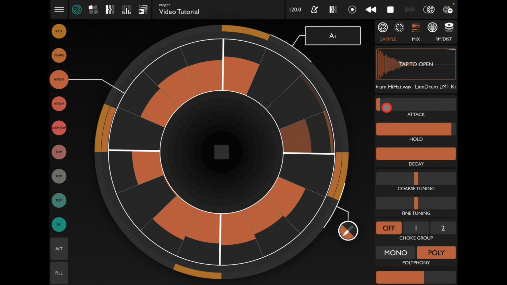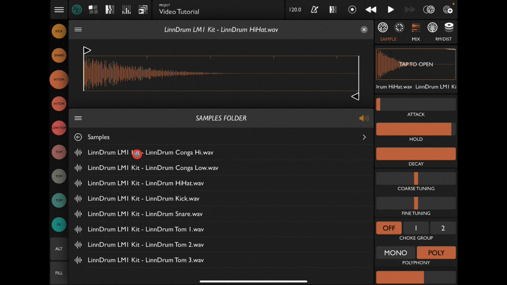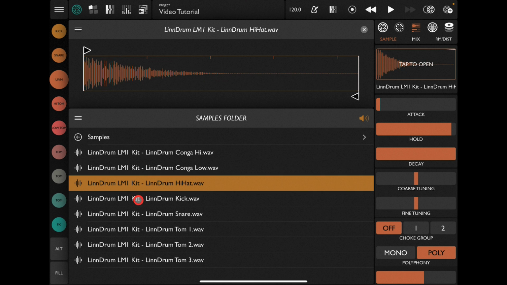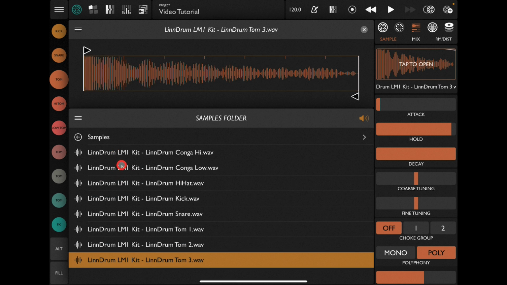Okay, cool beans. Now, if you want to change your sample, let's stop this. Open this, and this takes you to your sample page. Now you can see the different drum kits that you have available. So it means you can choose a sample from any of these and replace this one. Okay, if we switch on our little icon here and we open up our Linn drum kit, which we've got, you can audition all the samples in that kit,